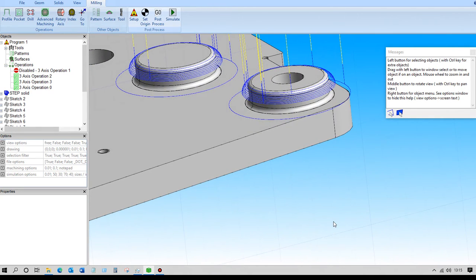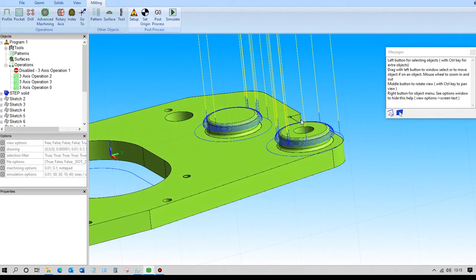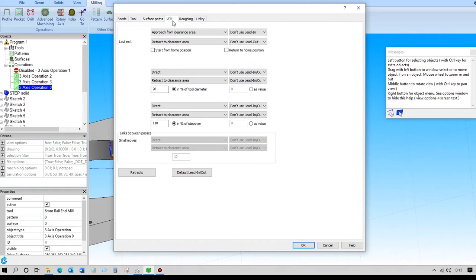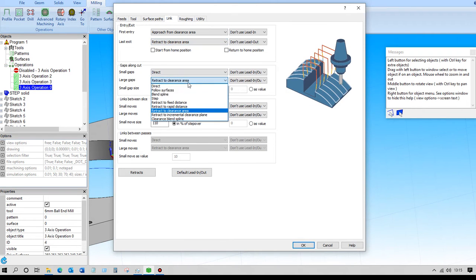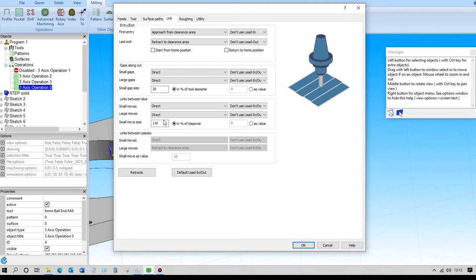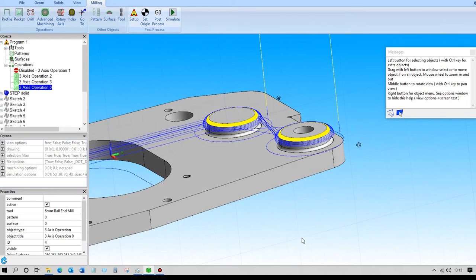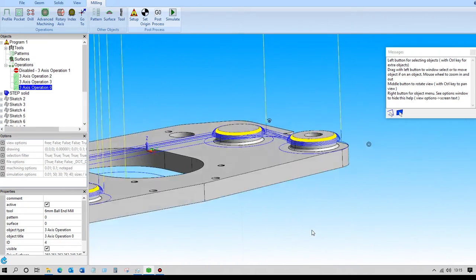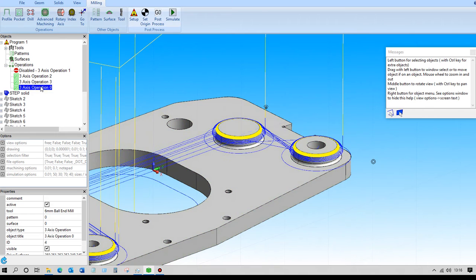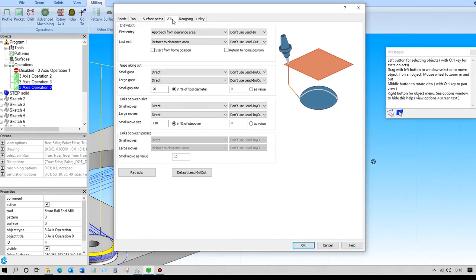It has been machined. Okay, so again we've got these rapid movements that we can change. So if we go back into that operation and go to link, then we'll say we'll go to each pass directly rather than retracting. Okay, now you notice it's added some extra ones in here. So if we go back into there, into link,